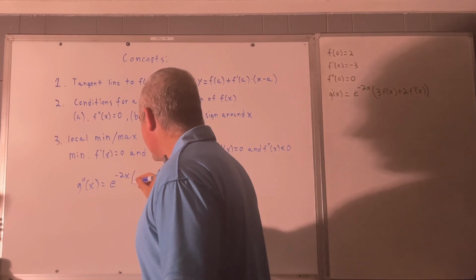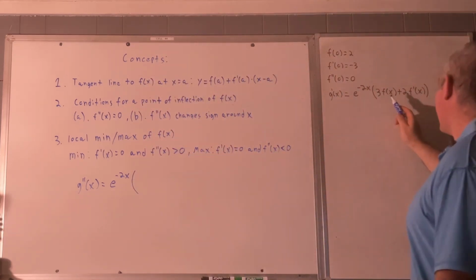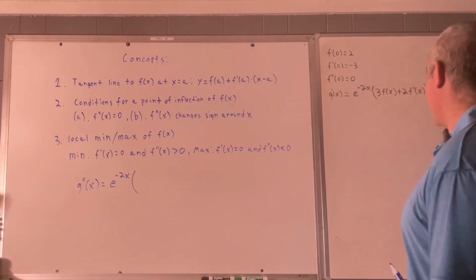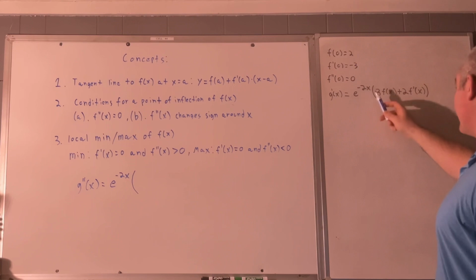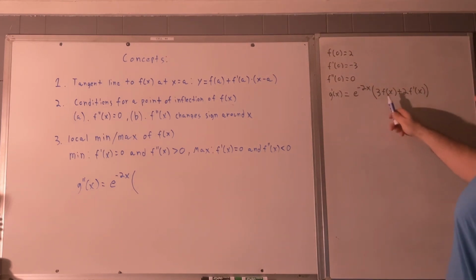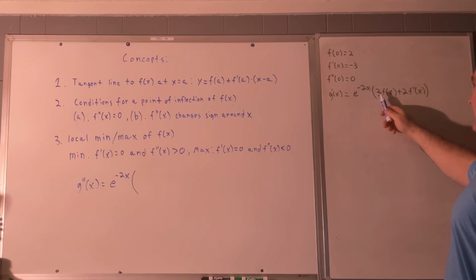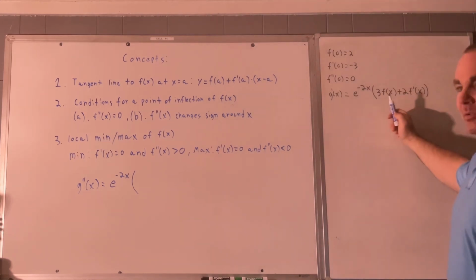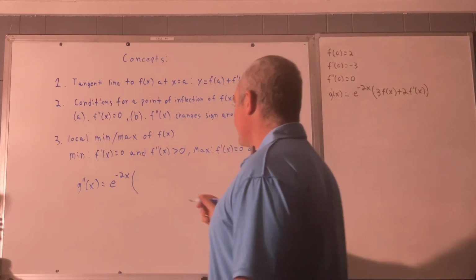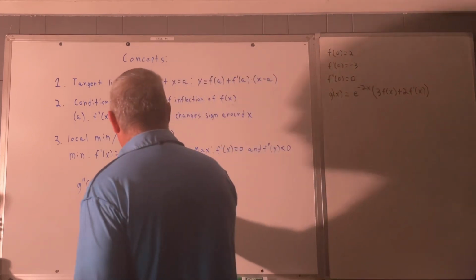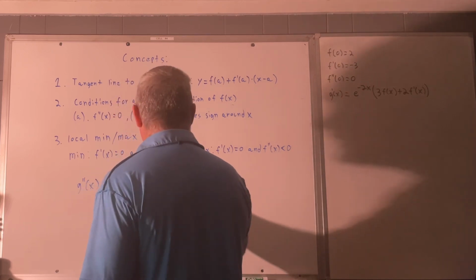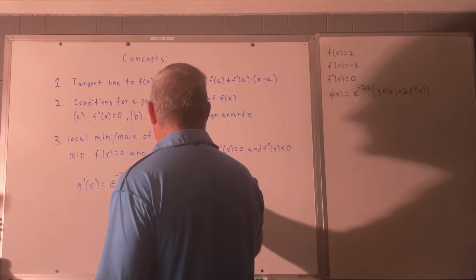And of course, you should know that the derivative of the sum of any two functions is just the sum of their derivatives. In other words, the derivative of this entire thing is the derivative of this plus the derivative of this. And the derivative of something multiplied by a constant is just that constant multiplied by the derivative. So, I mean, you need to know that. I hope you all do. All right. So that's e to the negative 2x times 3 f prime of x plus 2 f double prime